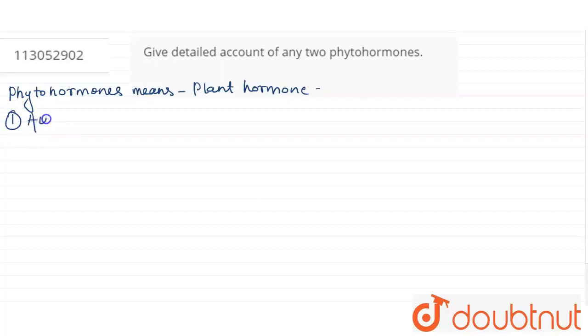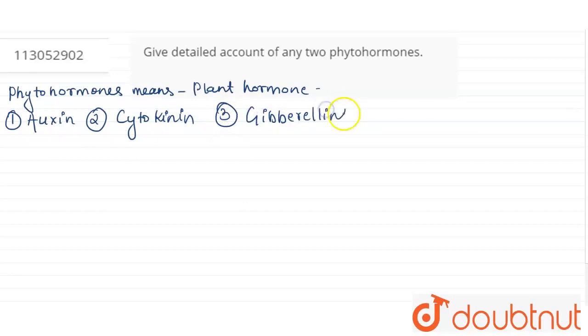So the first one is auxin, the second one is cytokinin, the third one is gibberellins, and the fourth one is abscisic acid. Here we would understand that these three hormones, auxin, cytokinin, and gibberellin,